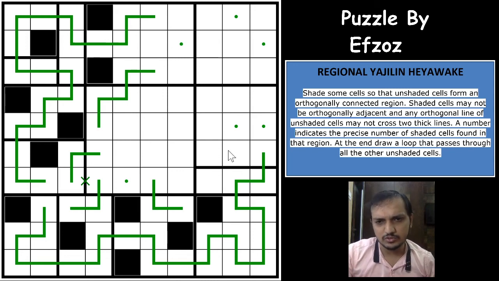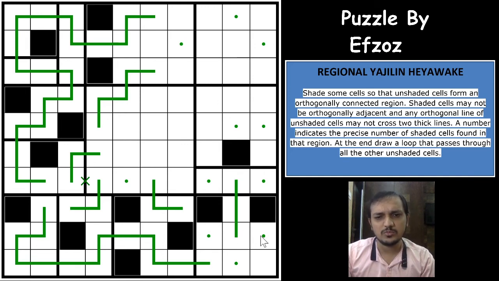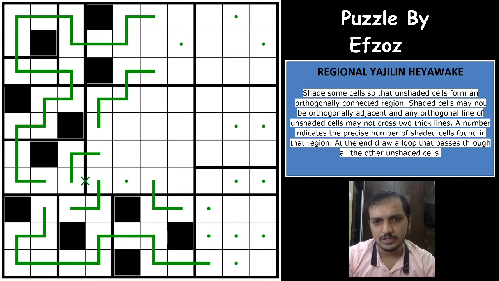Quite a look ahead, I would say. So just a second. If I shade this cell as a shaded cell, this becomes unshaded, this becomes unshaded, and both of these become shaded. Now what happens here is you cannot make sure that both of these cells, you cannot, this is not possible actually. Both of these white cells cannot pass through the loop, right? So this cell cannot be a shaded cell, and one of these two cells would have to be a shaded cell again. Is that again helping?